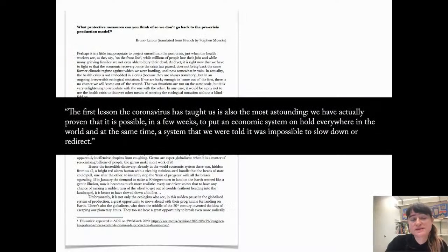Now I quote, "The first lesson the coronavirus has taught us is also the most astounding. We have actually proven that it is possible in a few weeks to put an economic system on hold everywhere in the world, and at the same time, a system that we were told it was impossible to slow down or redirect." This is from a text published in March 2020 amidst a global lockdown by French philosopher Bruno Latour,